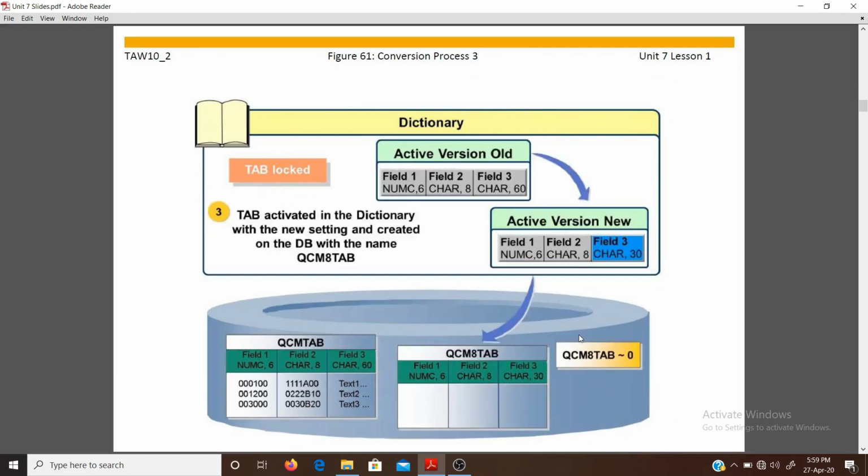Now comes the next process, conversion process 3. The third step involves activating the inactive version of the table TAB in the ABAP dictionary.